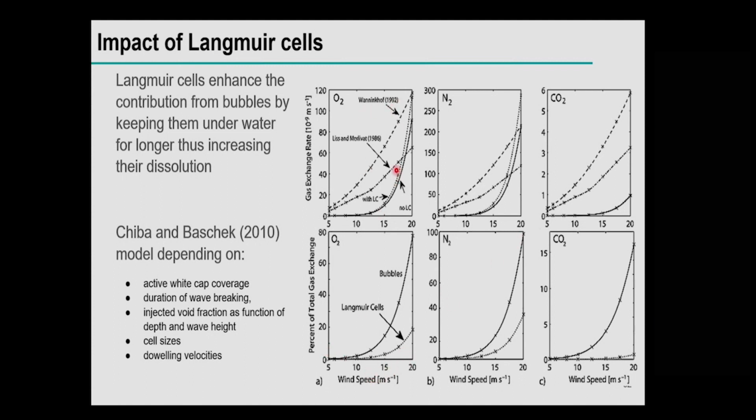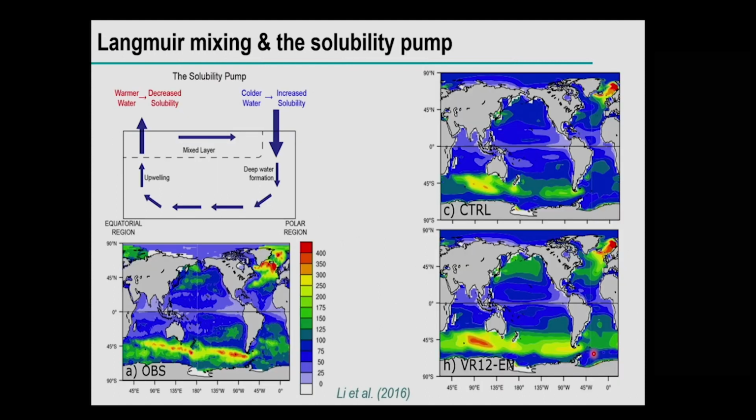So you can look at oxygen. You can see that above 10 meters a second, you have bubbles that start becoming important. At already 15 meters a second, they account for 20% of the total flux. And you also start having Langmuir circulations that are important. Now for CO2, it's clearly mostly bubbles, and Langmuir circulations seem to be less important in terms of bringing the bubbles down. However, they are important when you think about the mixed layer depth and the complete carbon pump, because